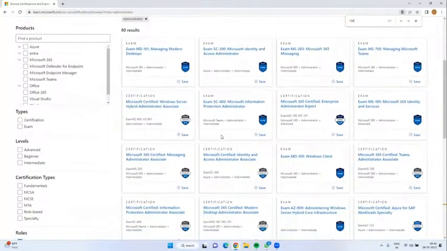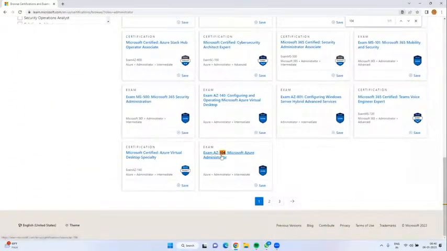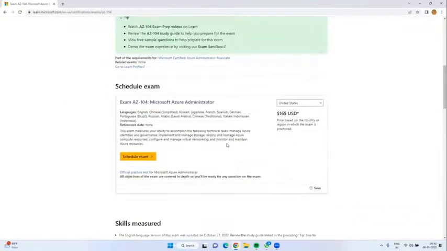For every technology, we have one certification paper. So the administrator certification number is AZ-104. Just click on it. Here you will get the syllabus. You may have a doubt about what the certification cost is. This is $165, guys. This is 165 USD.